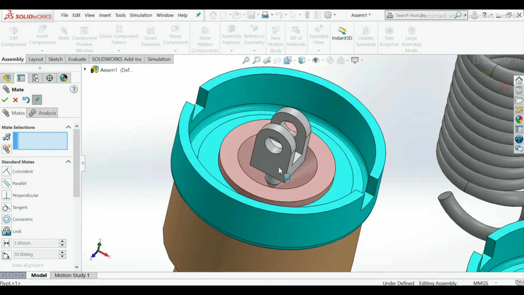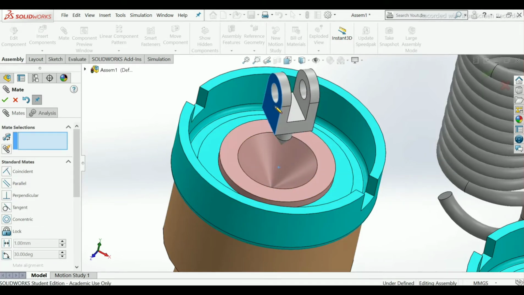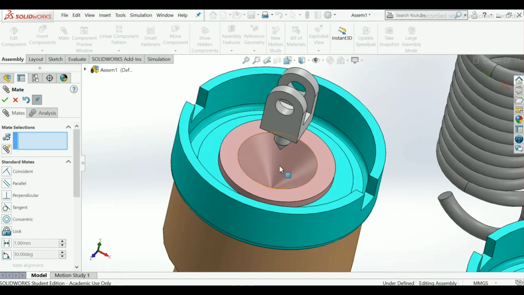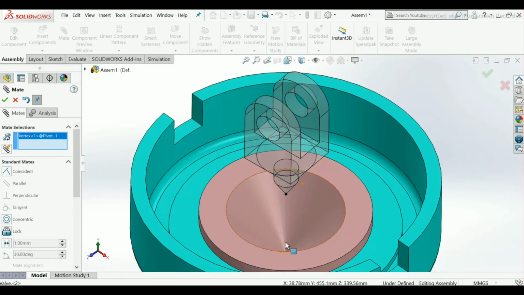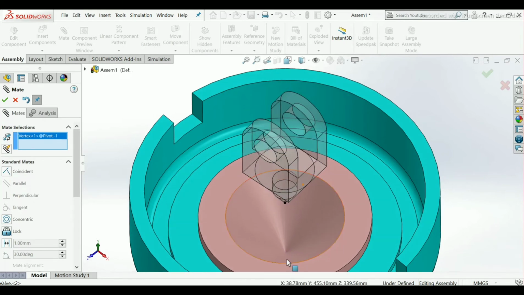OK. Then also it is in motion, so select this vertex point and here it is one vertex point, as you can see here.